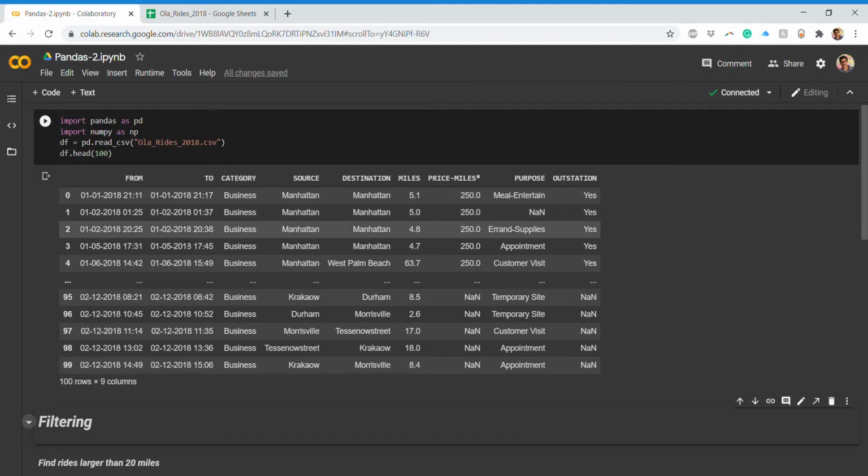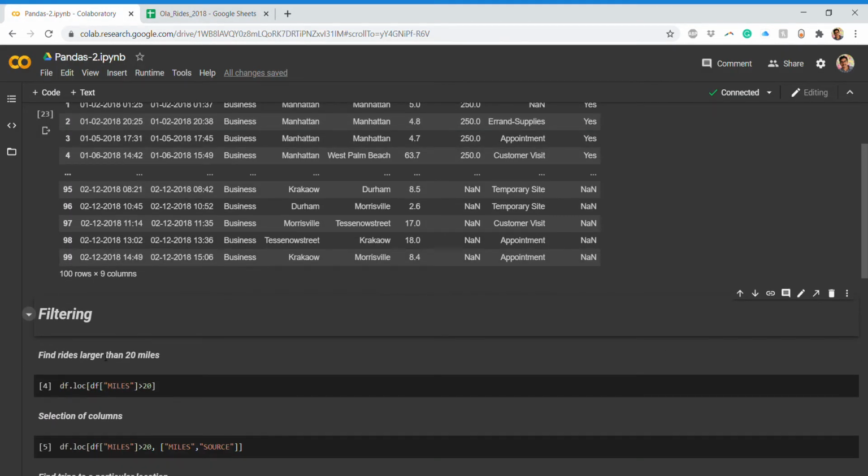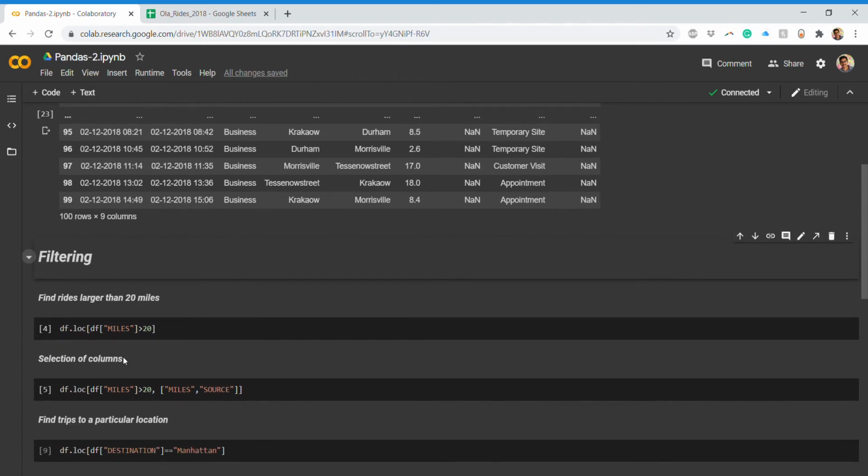According to our question, the requirement from the customer is that they want a restricted view to find the rides that are larger than 20 miles.